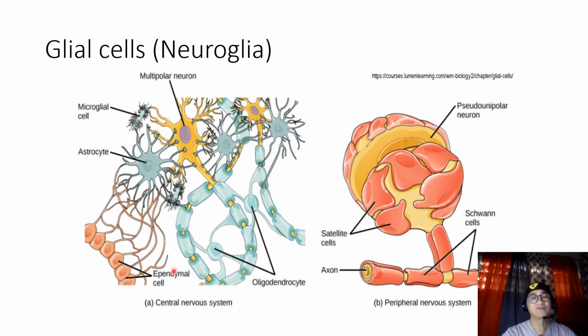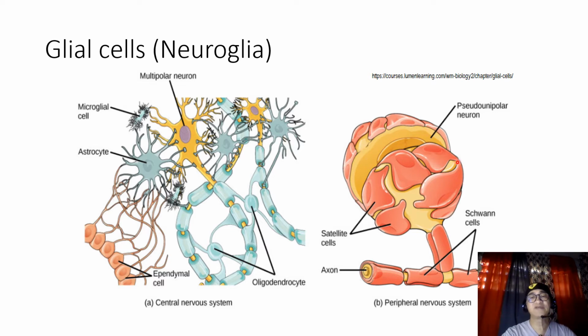Then you also have oligodendrocytes. These are myelin-forming cells that form coverings of the nerve fibers of neurons in the central nervous system. And then you have the ependymal cells. The ependymal cells form a lining epithelium at the surfaces of the ventricles or cavities of the brain and spinal cord. They produce cerebrospinal fluid that bathes the entire nervous tissue of the central nervous system.